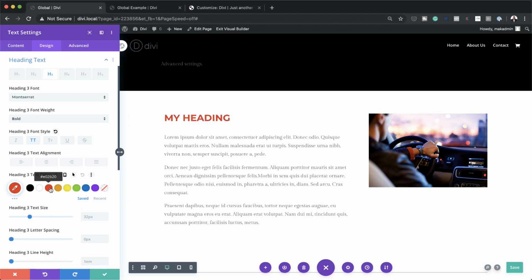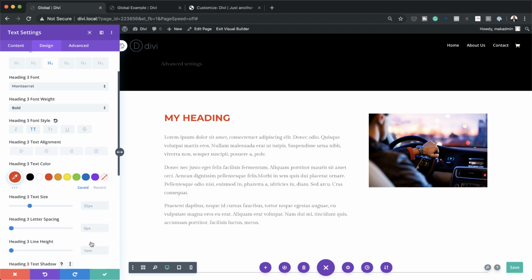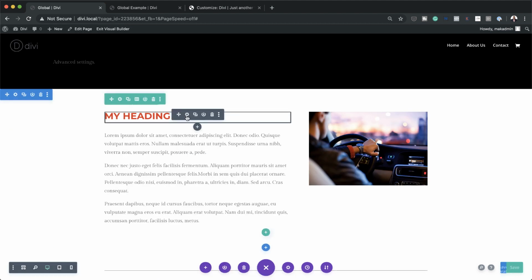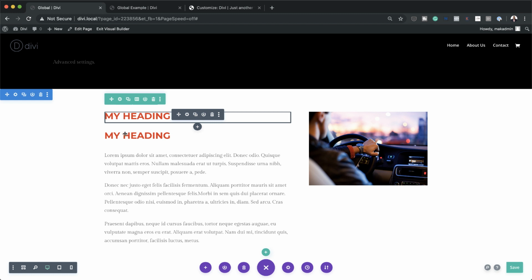Right, we might as well change the color here because I can see we're just pretty much using black and white. So I really want to make some changes here. So now I've added red to that. So this is the old way that we did things. So if I save this and let's say I want to duplicate this, it's pretty much duplicating my heading 3